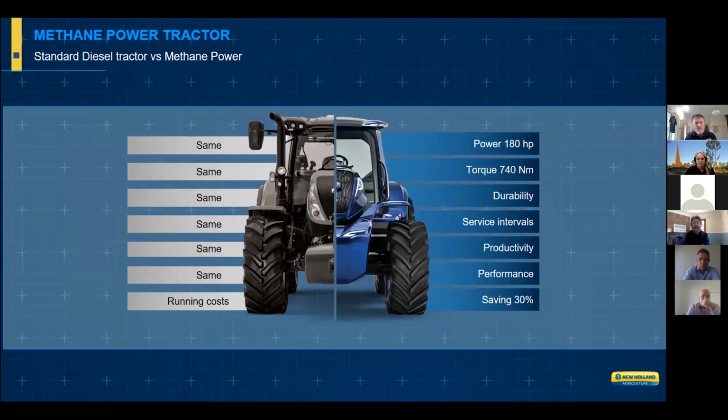So the standard tractor versus the methane tractor, you can see them on that graph, the same. So same power, same torque, same durability, service intervals, but they're talking about a saving in running costs. So that's the idea behind that saving: if you're buying in Europe, you can pull up to a service station and buy natural gas off the grid at a cheaper rate. But I think that saving could also potentially increase if you're producing your own